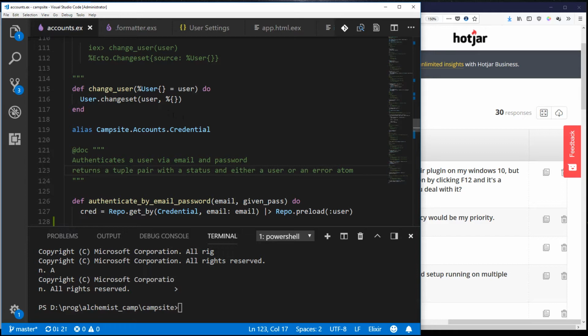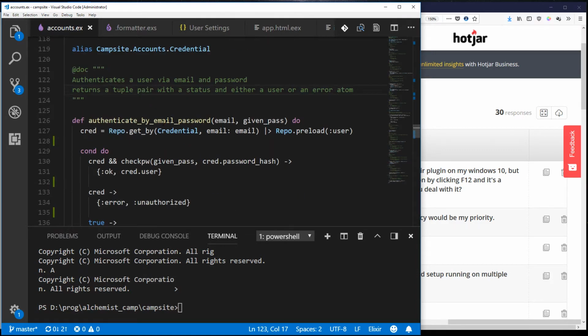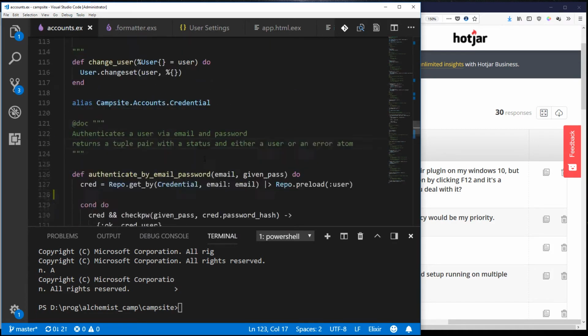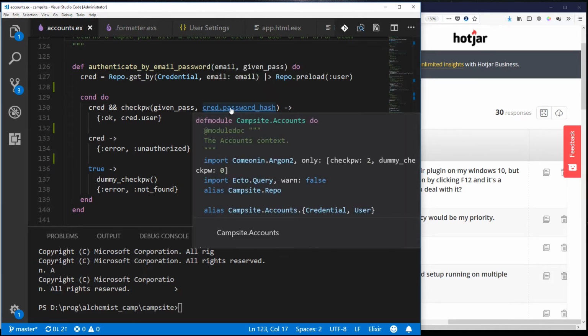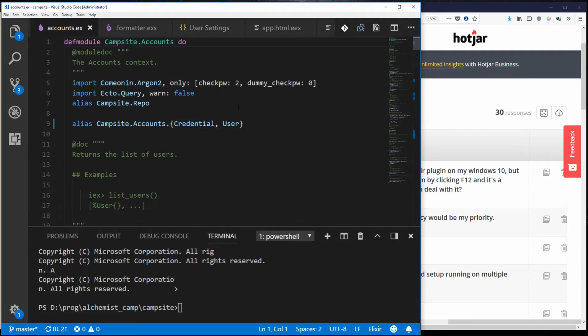But if I hold Control and then say I click on any of these things, like, well, these are the definitions. So let me find something that's using something defined elsewhere. Say here, like cred.password_hash. If I hover it, it just says the context. But if I hold down Control and hover, now I see a definition, and I can actually click that definition and go to it inside the campsite accounts page. And